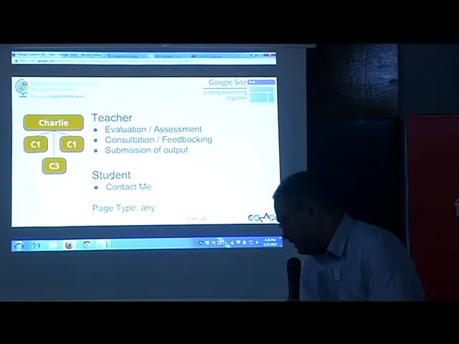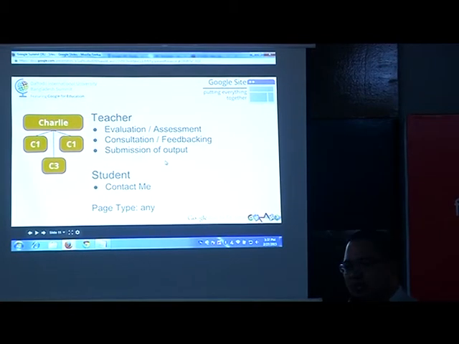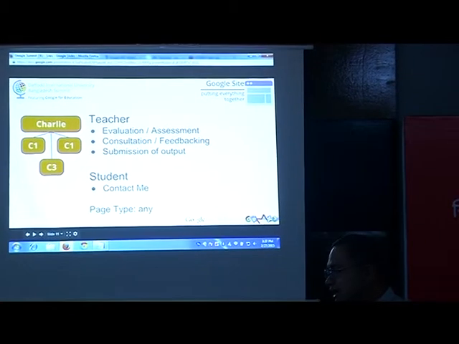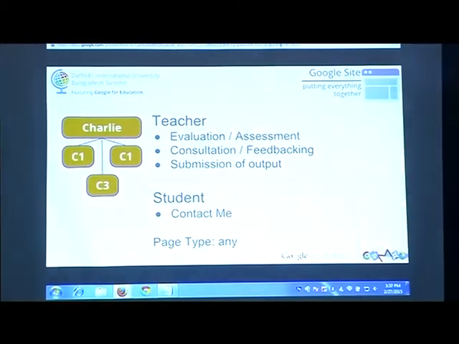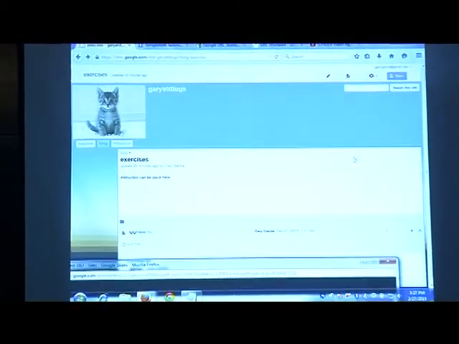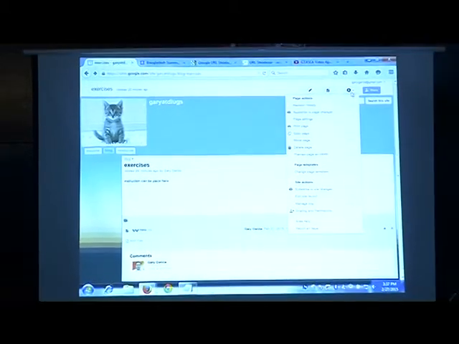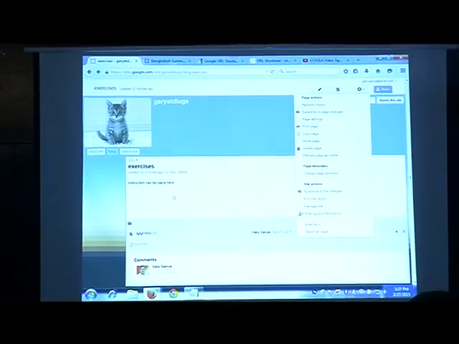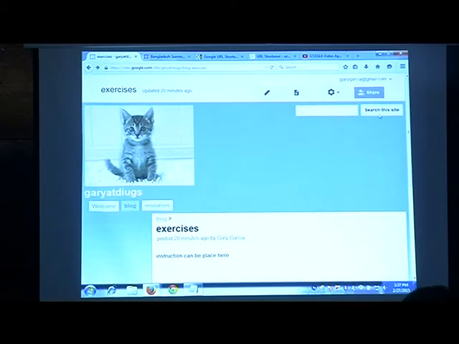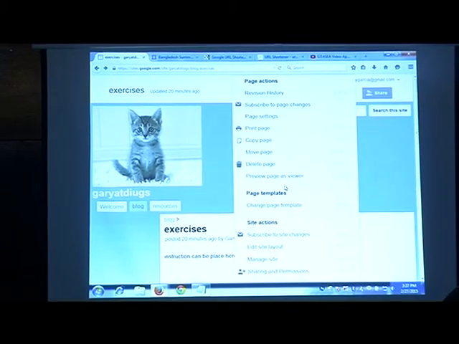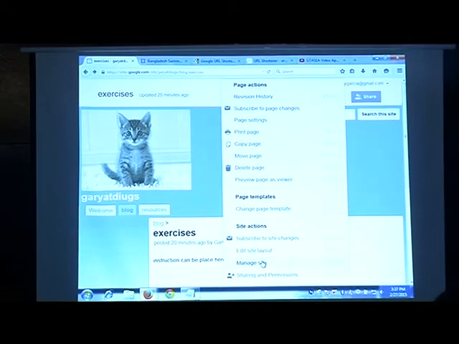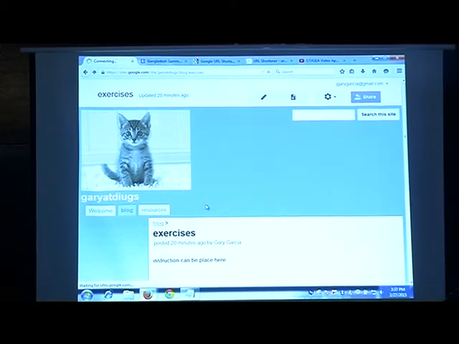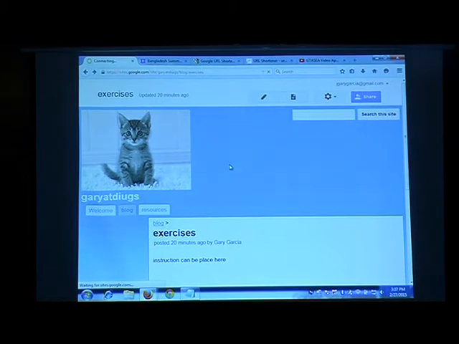Okay. Anyway, let me show you how we can display this in a mobile phone, since we have a smaller display area. So we go to settings again. Settings again, and then we manage. In this case, we have to go to manage site, and then under the general tab,